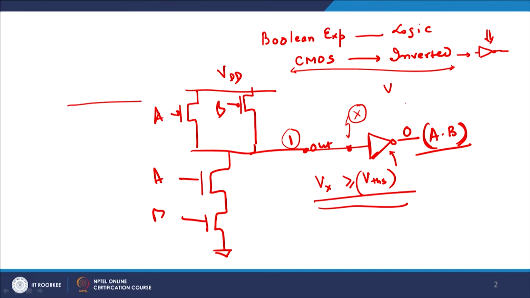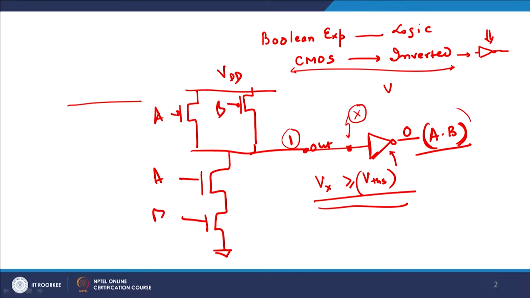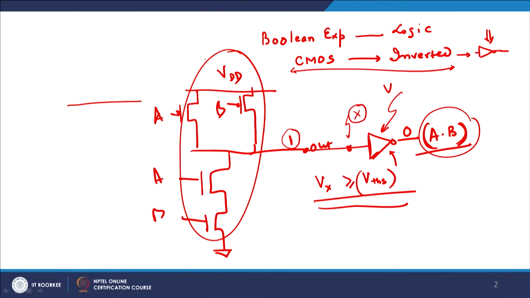So you should be very careful while designing. When you want to design a simple gate by cascading a static inverter with the CMOS logic gate, you have to be very careful that the static inverter's switching threshold lies somewhere around VDD by 2 for most practical cases. Do not shift it too much towards VDD or too much towards ground. The reason is that the CMOS NAND 2 gate characteristics which you see here will have almost a rail to rail swing. So I will actually get a VDD to 0 swing available to me, right?